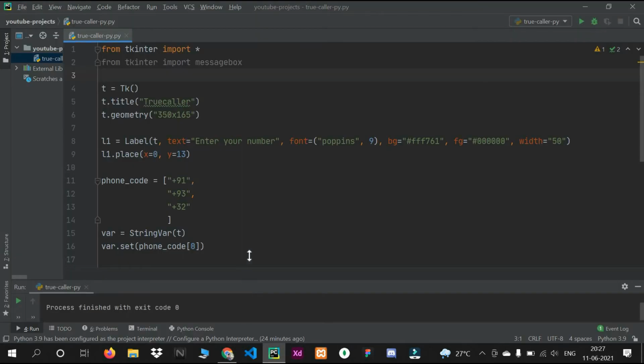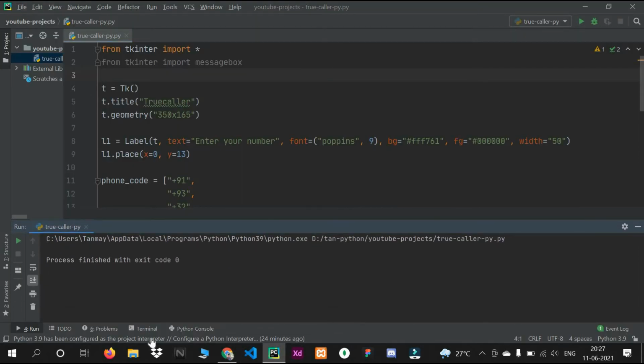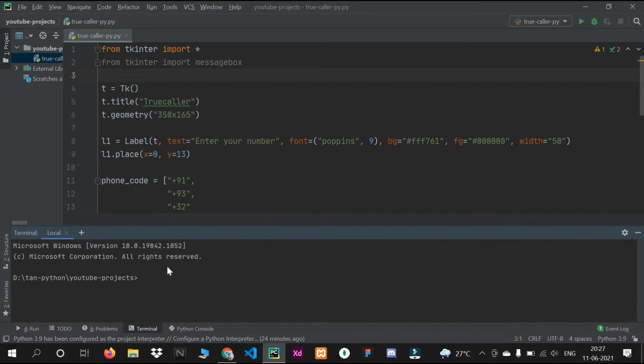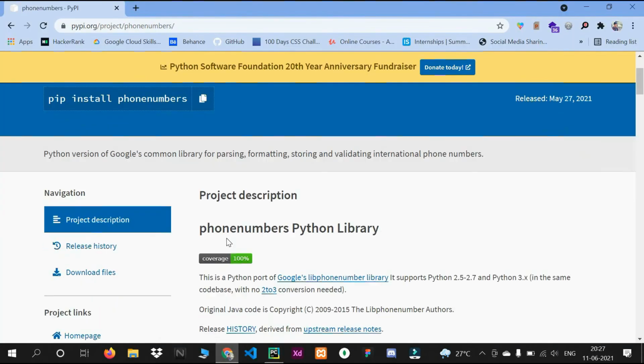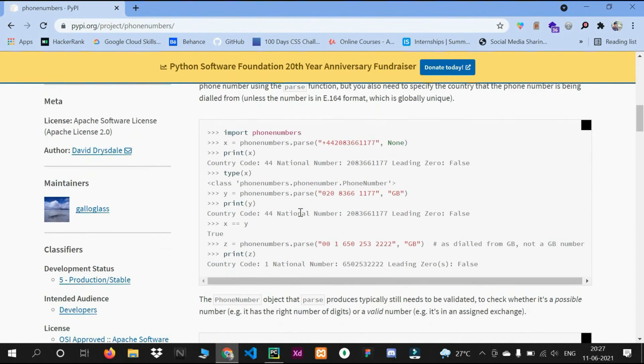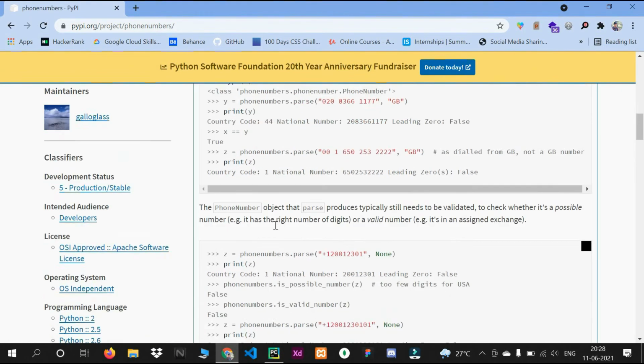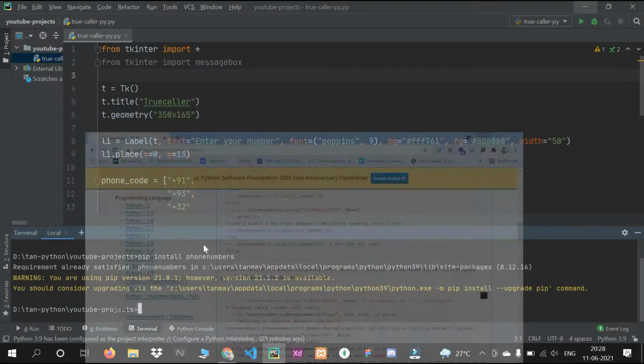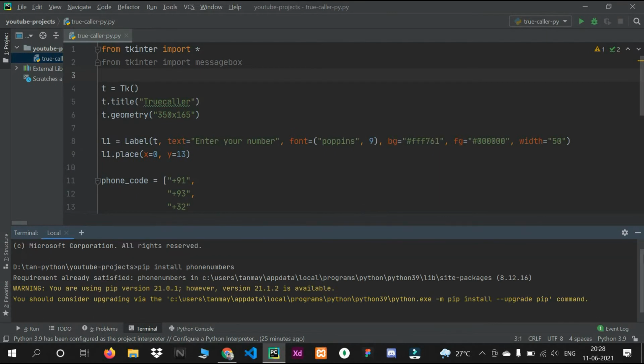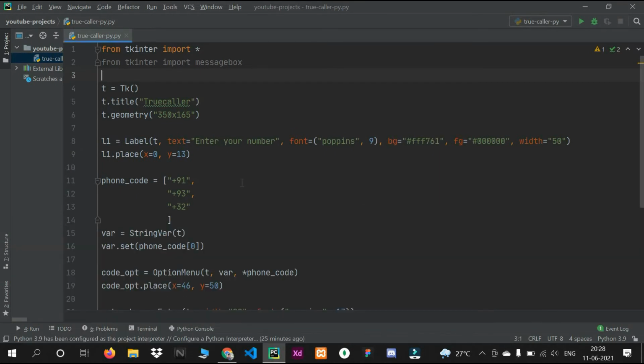Just copy it and install the library in the terminal or in CMD, and the package will be installed. If you go through the documentation, documentation is most important while doing any project. We'll get to know how you can use this. You have to import like this, so we'll see it one by one. It is showing requirement already satisfied. So you can install, and after installation you have to import that library.